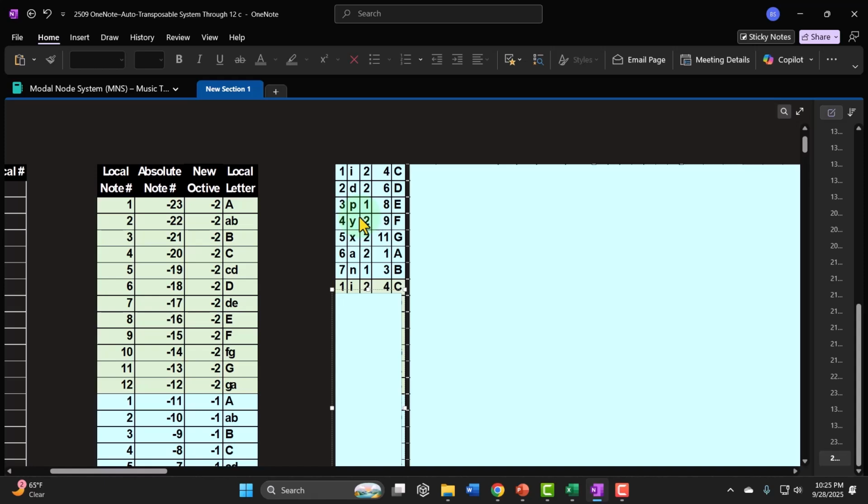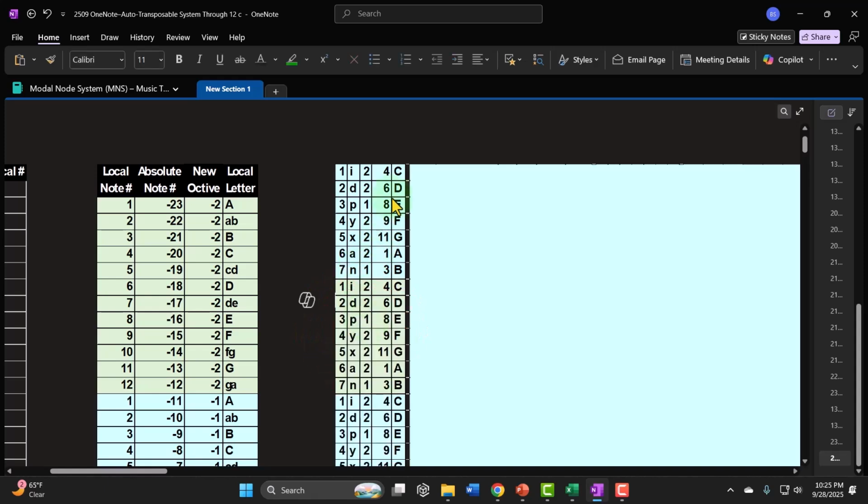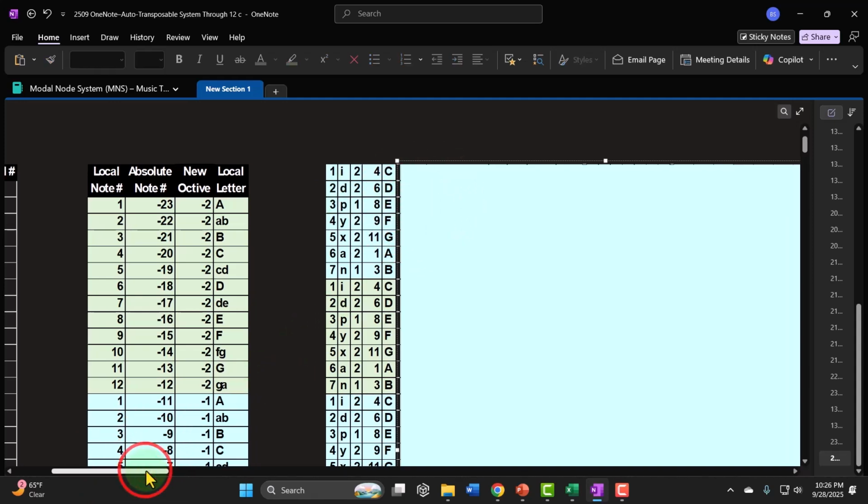This is Lydian, which I have with a Y, Mixolydian with an X, Aeolian, Locrian with an N. And then if I play something in Dorian, I'm not going to change it to the 1. It's just going to be still 2, Nashville number 2, which is the Dorian node. That allows us, again, to have a dial that we can put